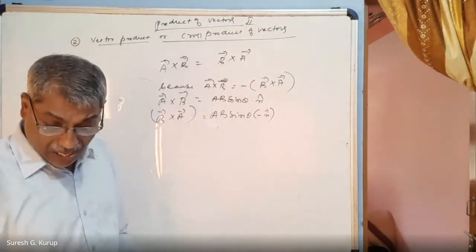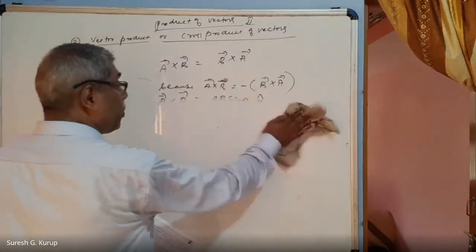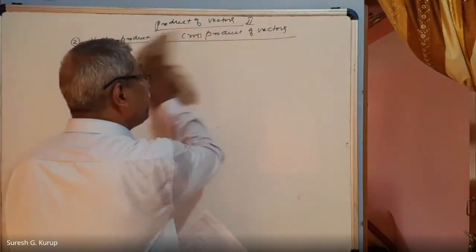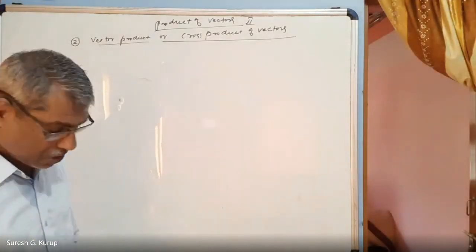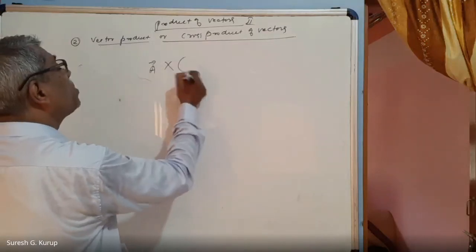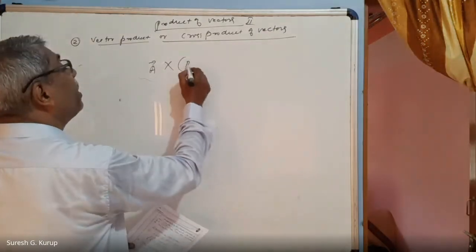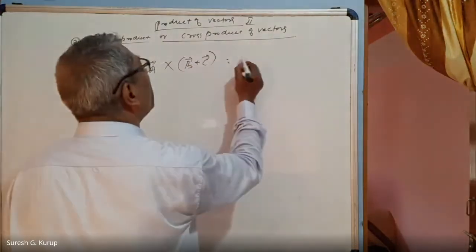Right? Then, the cross product follows the distributive law. Cross product of two vectors follows the distributive law. That's the second property, and that's also very important. That is A cross (B plus C), that is equal to A cross